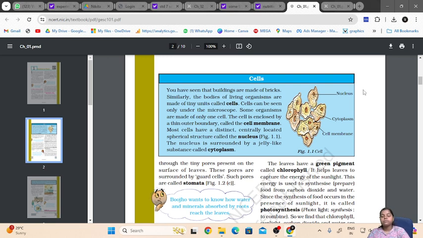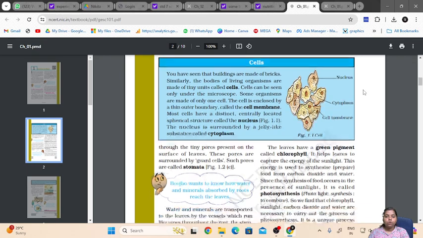Now the raw material which is required, right? Leaves are at the top, raw material will be around the plant. So how will they reach? All the raw material must reach the plant. Carbon dioxide should get absorbed from the atmosphere. The water and the minerals should pass from the root to the leaves. Then the leaf will perform this process and it will prepare the food for the plant.